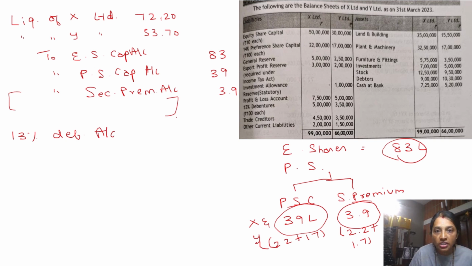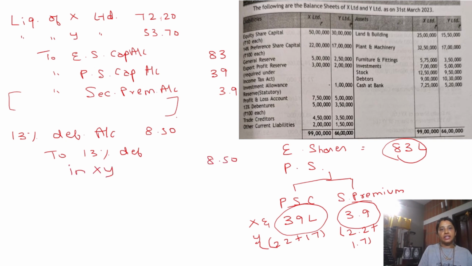X debentures is how much? 5 lakh. Y is 3 lakh 50. Total 8 lakh 50. And they are given the same debentures. So 13% debentures in XY. So they are getting the same debentures of 8 lakh 50. So this is just a transfer entry with respect to debentures. So you convert the debentures of the old company to debentures of the new company. So this is the last opening entry in the